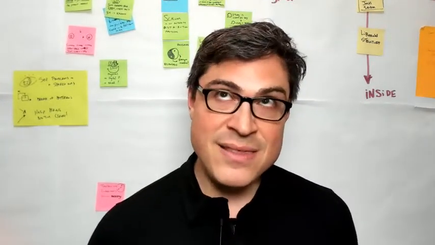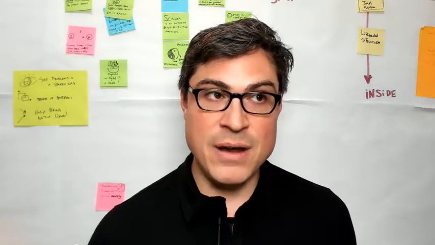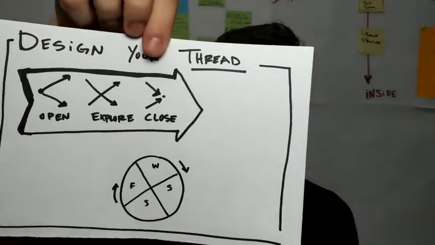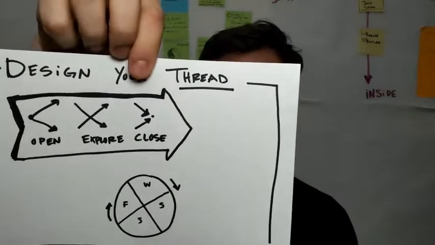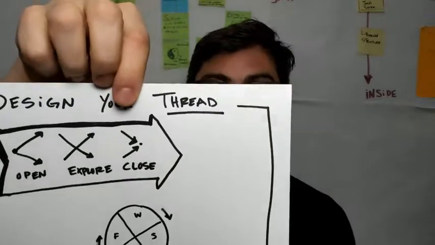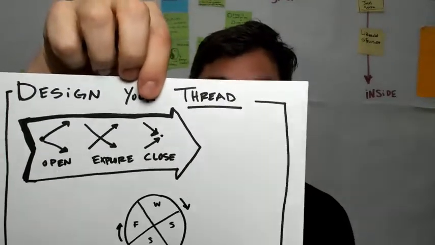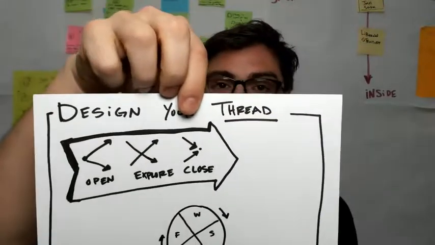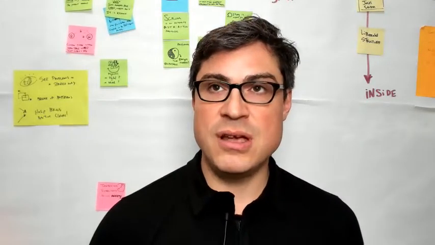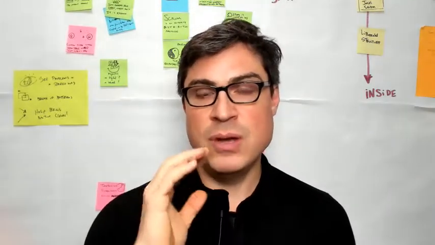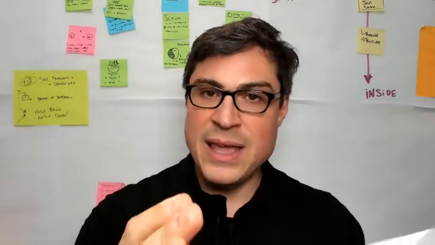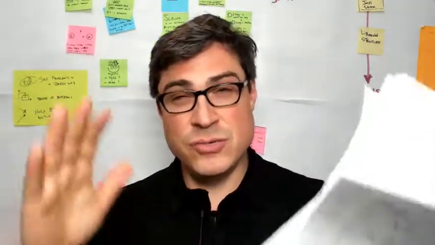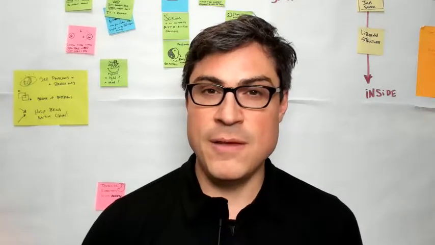And then I guess the third thing that I tend to design from my conversational OS is being really conscious about designing the thread of the conversation. So in the last video, I talked about doing an exercise to get people to understand the difference between opening and closing dialogue and exploring ideas. And that's because I really want people to be conscious of making time to really get on the same page, and to really make sure that we're aligned in next actions, and to really give space in the middle for things to breathe and evolve.